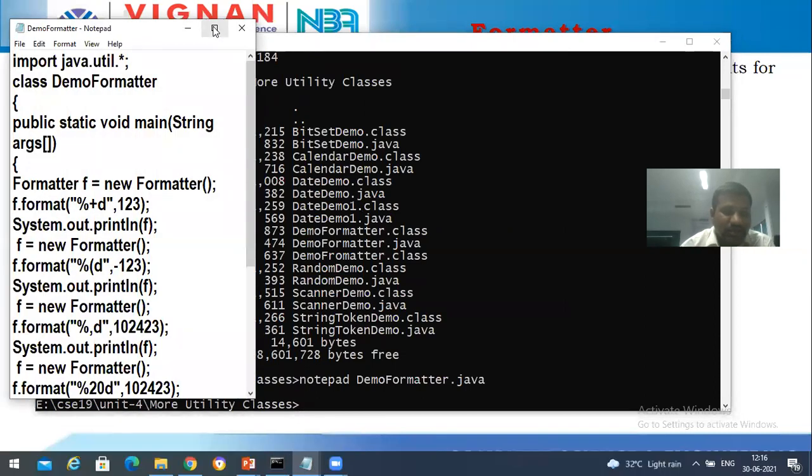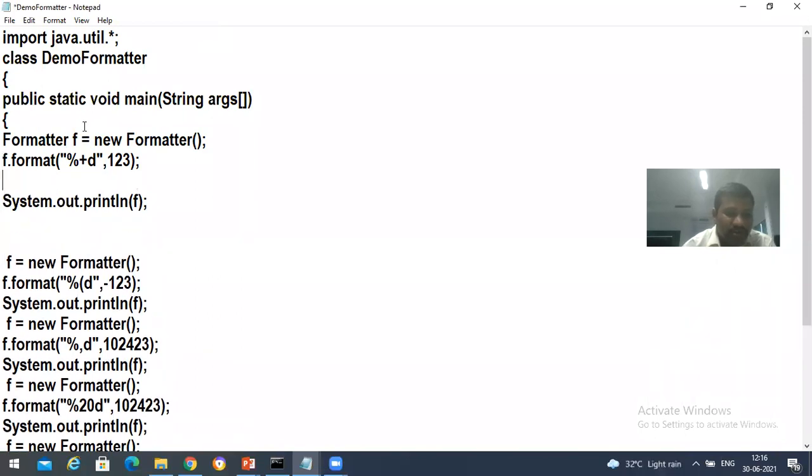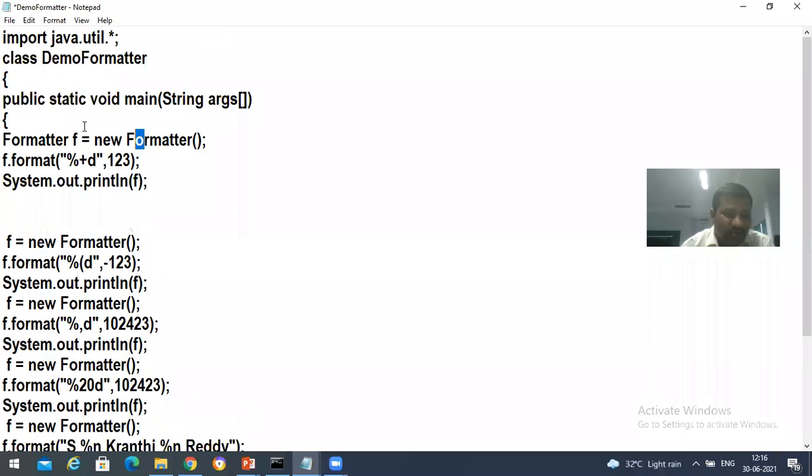Fine. See here, we created a formatter, and with the help of format specifiers, we are trying to do it. See, f.format. So we created a formatter object, and then with the help of this format function, I'm formatting this 123. So percent plus, 123.